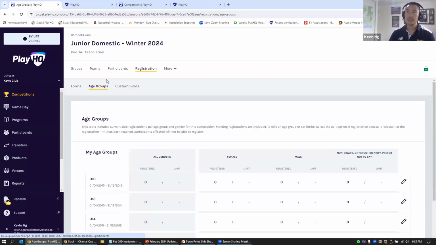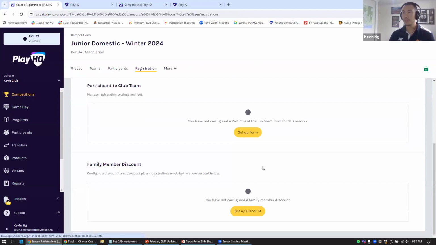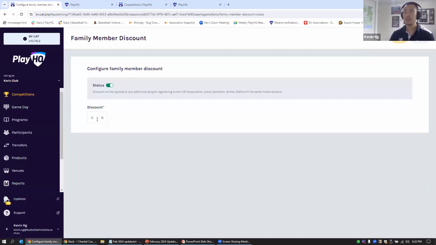The last registration supplement I want to talk to you about is family member discounts. Your club might have a pricing scheme that says we're going to charge this much for the first child, and every subsequent child will have a set percentage off. So if I turn this on and set it to 20% off for all subsequent registrations, what will happen is,